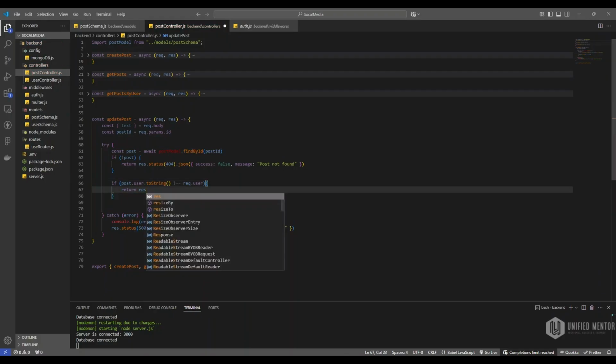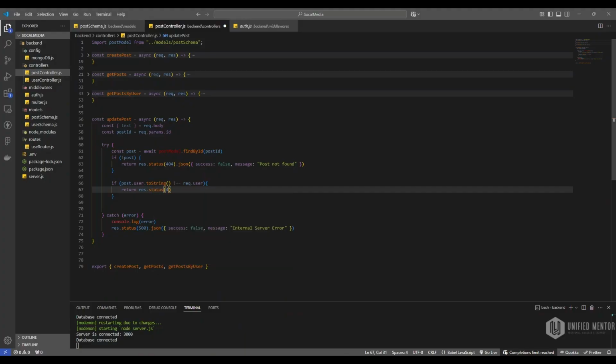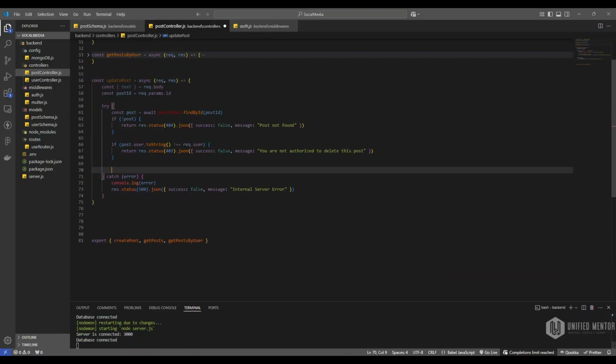We will return and send one response with the status code 403 because you are not the user, right? Success will become false. Message will be you are not authorized to update this post. Okay, after that, here we'll get one. After this one, if the user is authorized to update